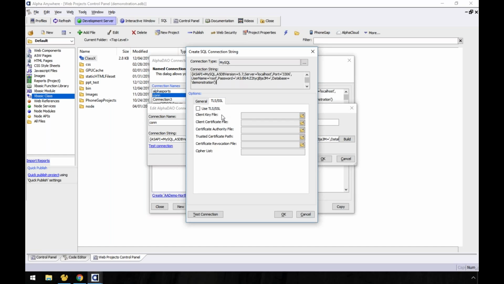But the beauty of it is, let's say you had Alpha Cloud, and then you had the database on site. Alpha Cloud could talk to that database, and all the traffic between the two would be encrypted. And you don't have to use Alpha Cloud. You could do it on your own. And there's a little overhead because it's doing the encryption and decryption, but it's very slight, and it's all built into the fabric so you can protect yourself.